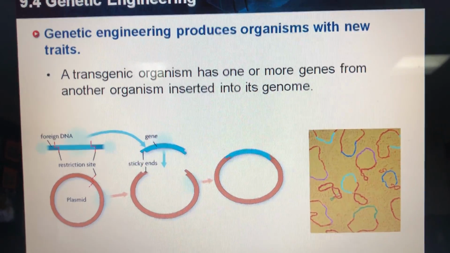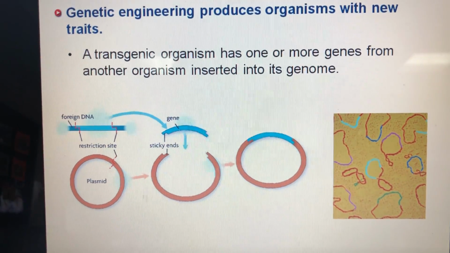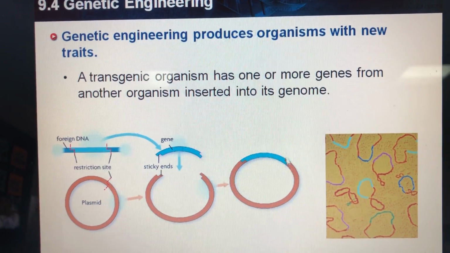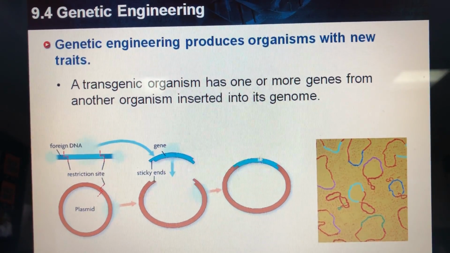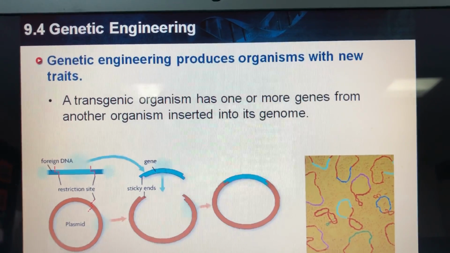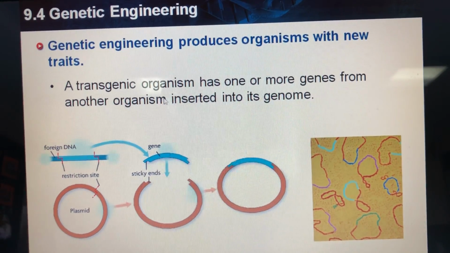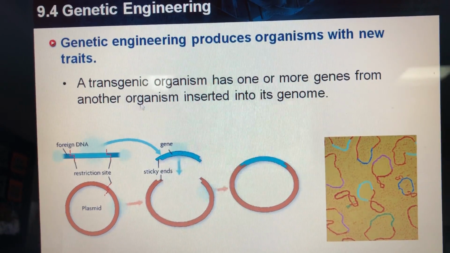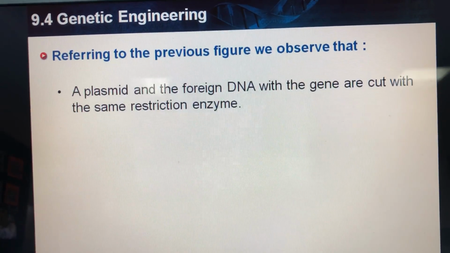Then, they stick the gene from the foreign DNA to the plasmid DNA, and at the end you will have the recombinant DNA here, which contains genes from different organisms. Now this plasmid will be inserted into the bacteria again, and this bacteria will be transformed bacteria with new genes. Because of this, we call it a transgenic organism. It becomes a transgenic organism. It has one or more genes from another organism inserted into its genome. So referring to